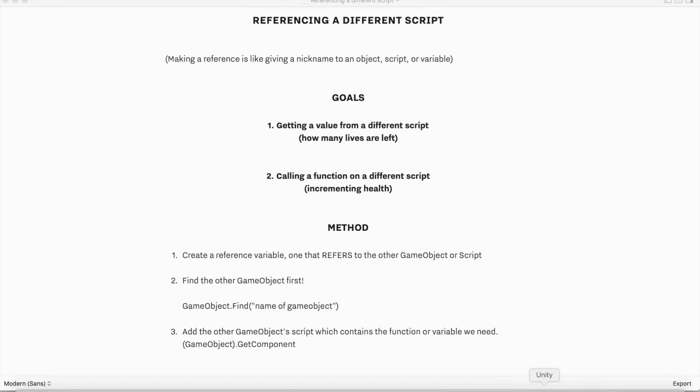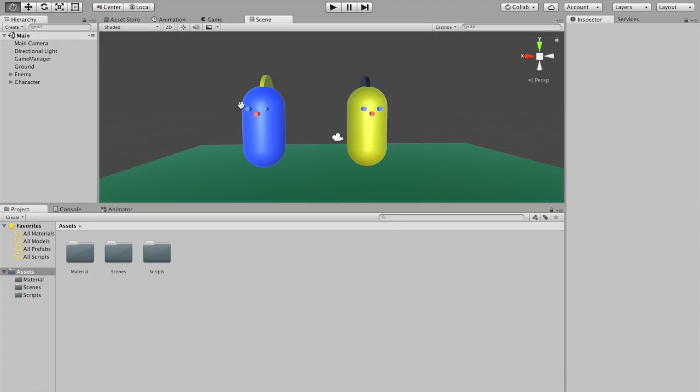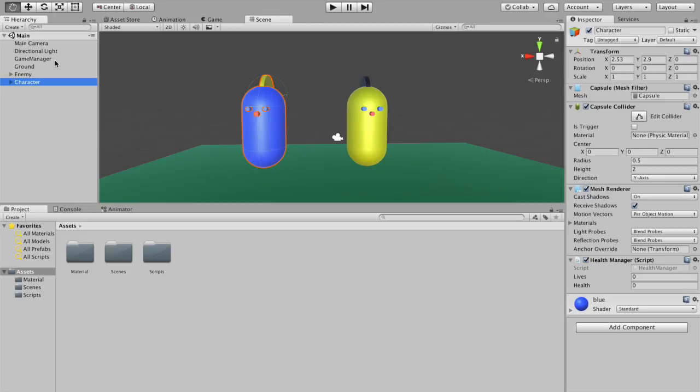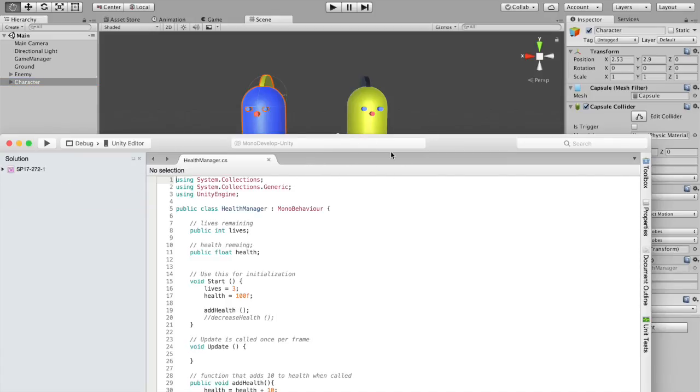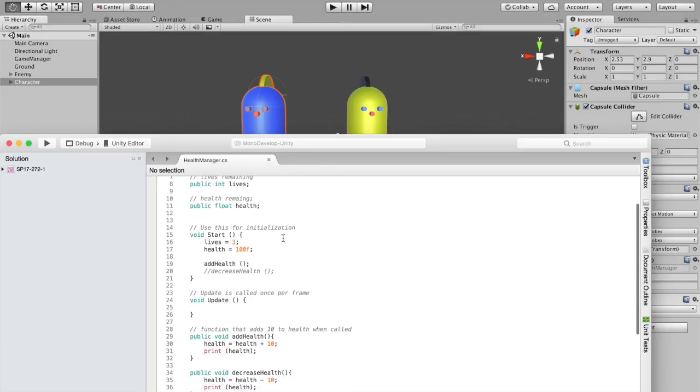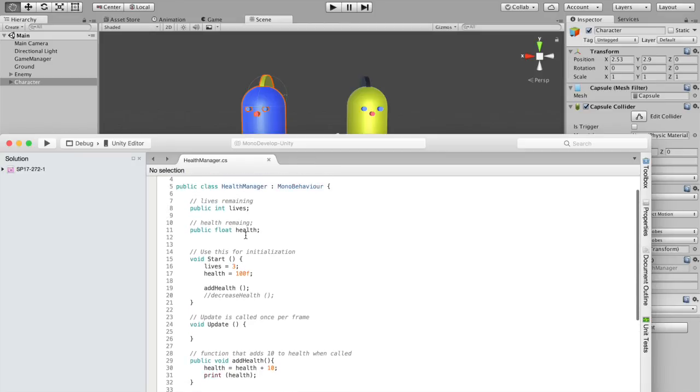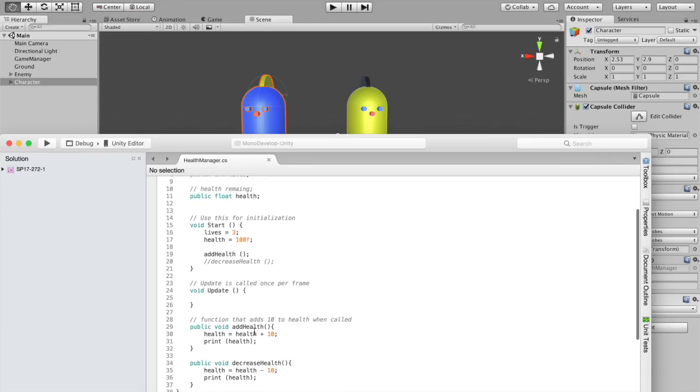Let me show you what we've done so far in class. We have maybe a character or an object that has a health manager script to it, and currently it's attached to this object. And quickly looking at that script, the health manager script, we have a variable that says lives and health, and it has some values to it. And we also have two functions, one that runs in addition to the health variable, so the value changes from whatever it is plus 10,